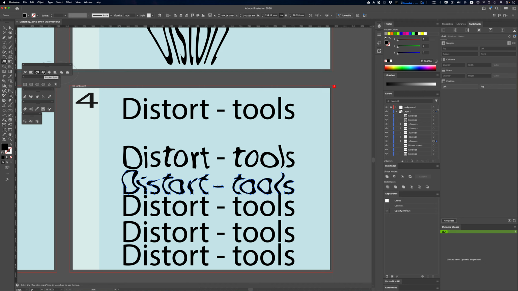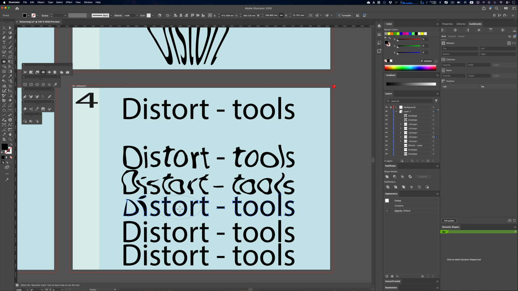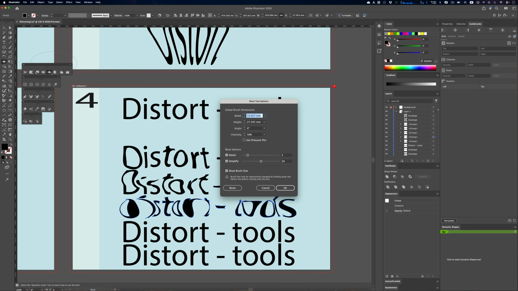And the next one, we have pucker. I'm holding the Command or Control key down, selecting the next object, and click, click. I'm clicking on an anchor point. And the bloat is the reverse. It bloats out, again related to anchor points, which gives sort of like a nice fisheye lens type of thing. Works really well. And again, if I double click on it, we can change all the settings, the detail,